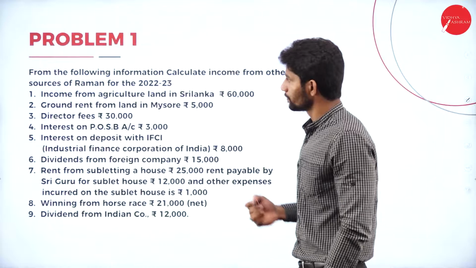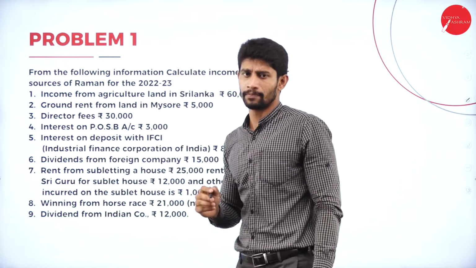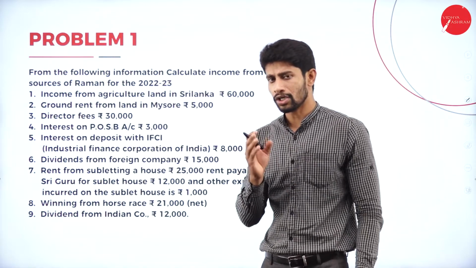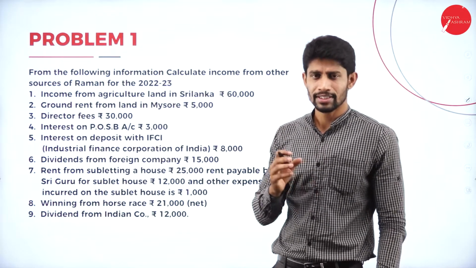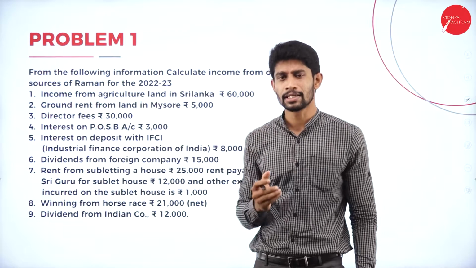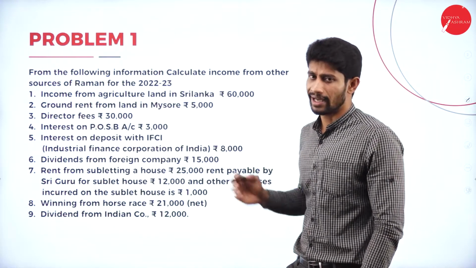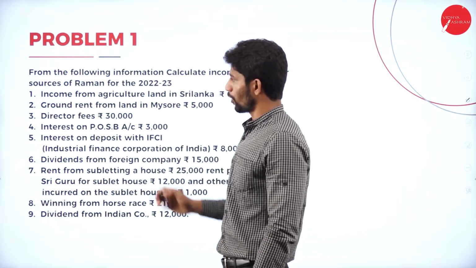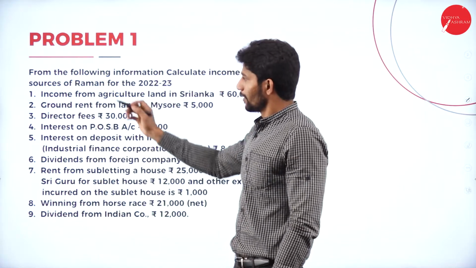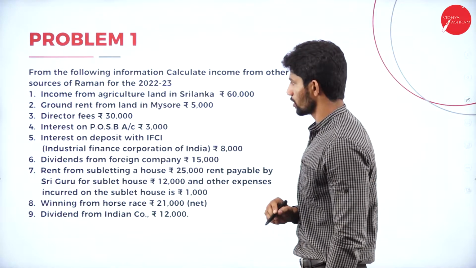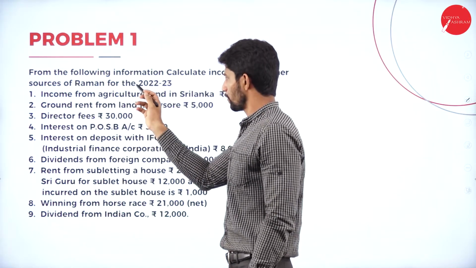So moving on, the first problem under income from other sources. It will be very easy. You need not bother about any format and all. If you know which incomes come under income from other sources, you can easily solve the problem under this head. So the first problem goes like this. From the following information, calculate income from other sources of Raman for the year